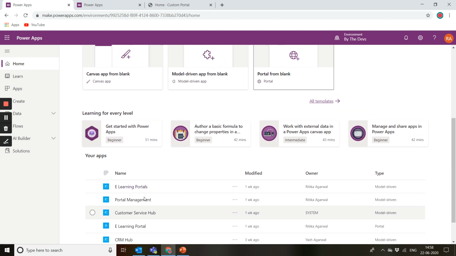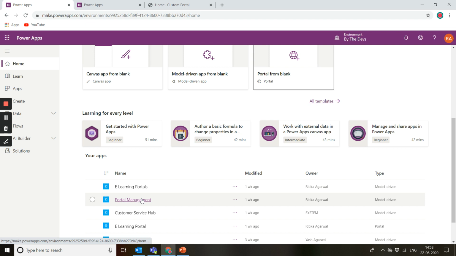So let's talk about what happens when I click that create button. It runs a process in the backend which imports a number of solutions related to Dynamics portals, and it creates a portal management app for us. In this portal management app, we can configure even some minor details about any of the pages that are going to be displayed. I can change the font. I mean, that's like a smaller thing.